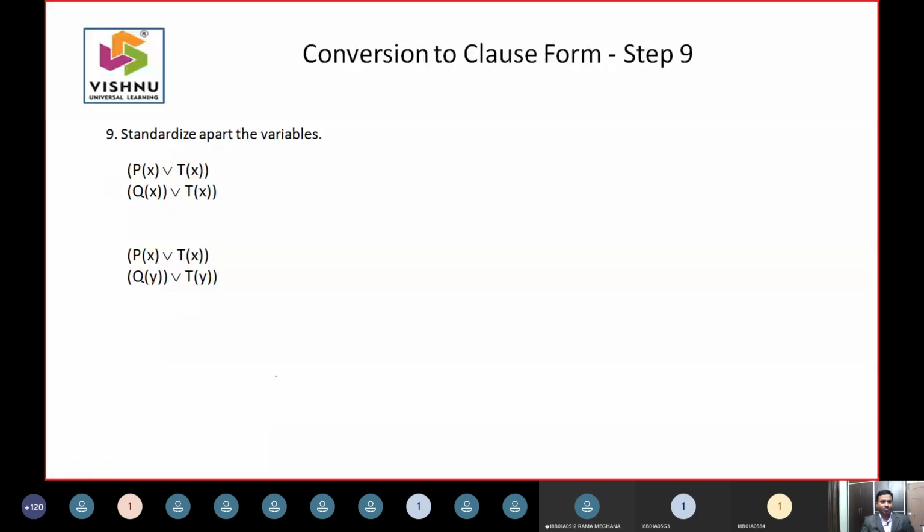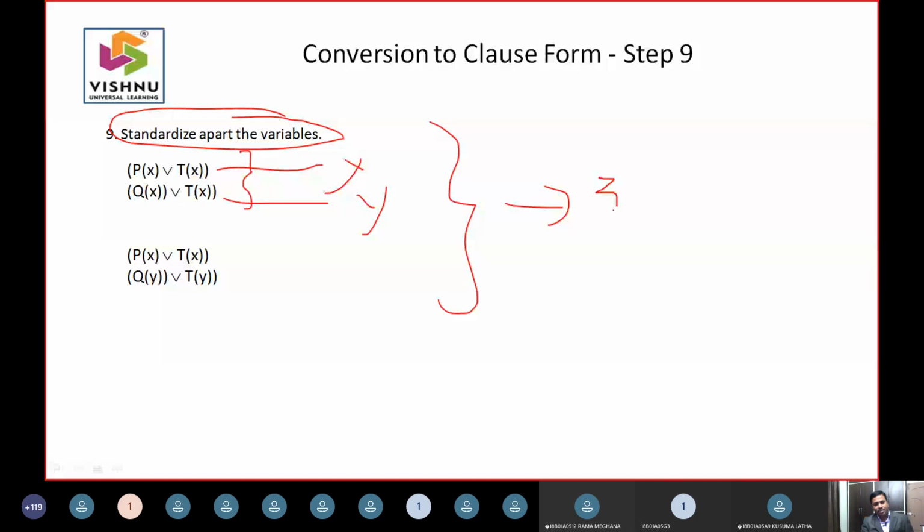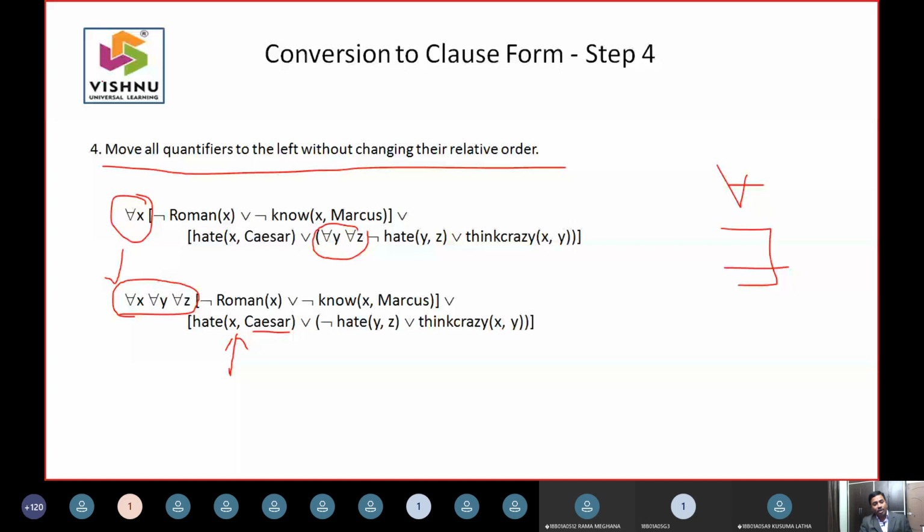This is already explicit. Standardize the apart variables, because you have taken this as two statements, where this statement has to represent x and this statement has to represent y. The ninth rule is implicit and is a part of your third rule itself, so there is no need to write this ninth rule again. This is what your textbook says. The textbook nomenclature is very important when you are asked a theory question, or asked the procedure to convert first order logic into this clause form.